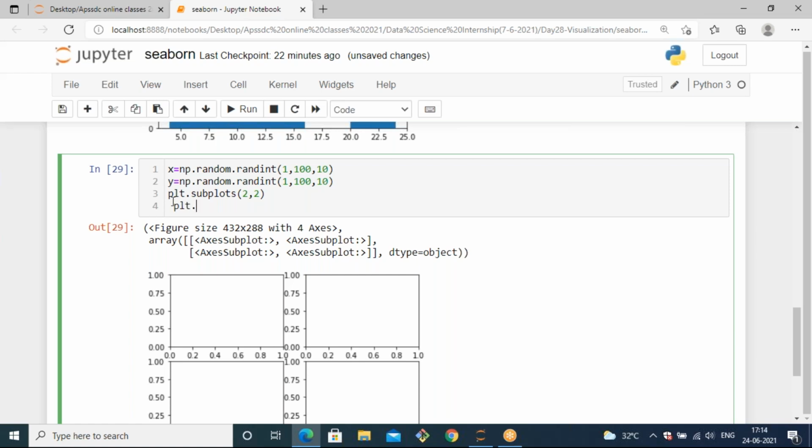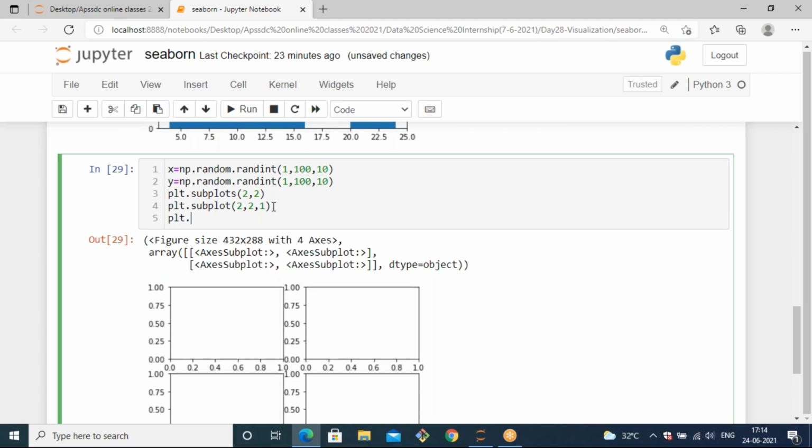So for that you can specify plt dot subplot, and in the 2 rows 2 columns layout I want to plot something in the first position. So you can use plt dot subplot of 2 comma 2 comma 1. In that position you need to specify which data you want to plot.